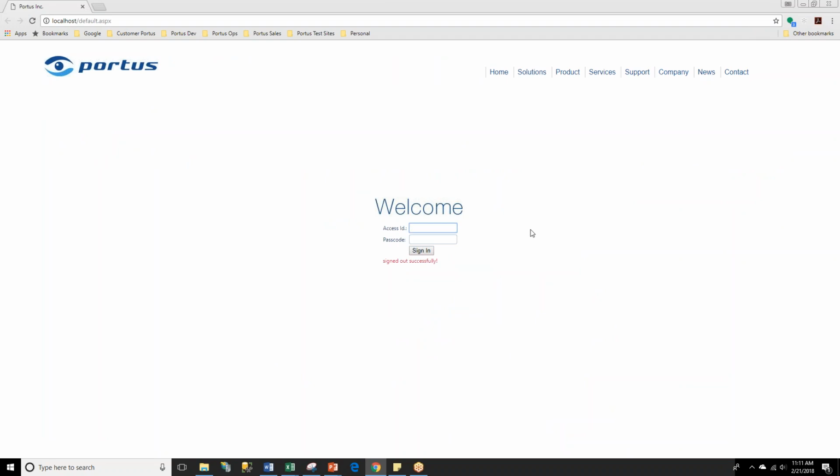I'm assuming all of you can hear me and you can see that I've now gone into a browser. This is my favorite one, Google Chrome, but Portus will work with Internet Explorer, Apple Safari, Firefox. What happens is that we actually install this inside your network. So some people say, what are you saying? Is all this stuff gonna be available on the World Wide Web for people to see what's going on inside my business? Absolutely not. We use the browser as a delivery platform because it's efficient, but we install Portus in